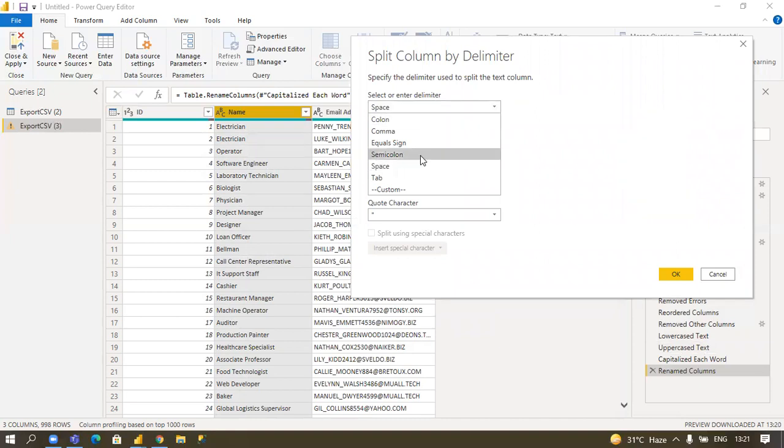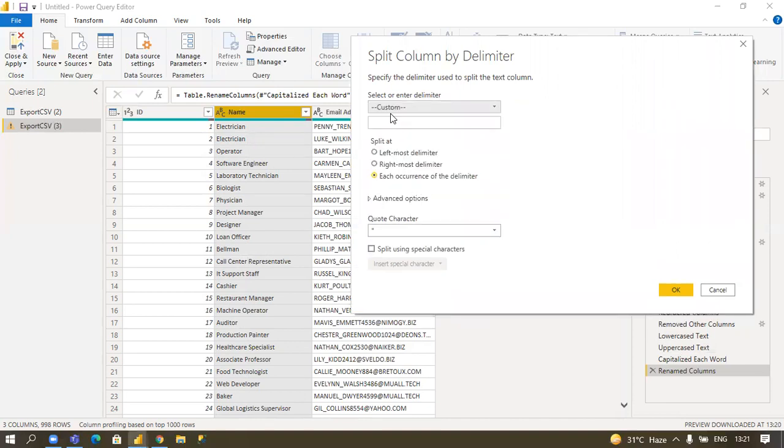If you want to split data based on any of these options, you can directly select that option. But if you want something apart from these options, you can click on custom and give that symbol or number or whatever you want. But as of now, I will click on space.